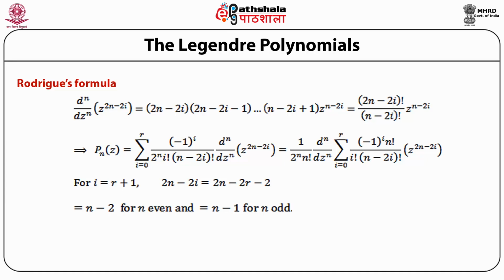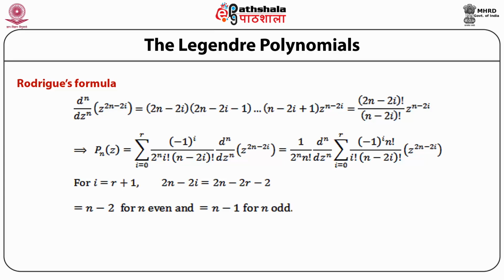On substituting this into the expression for Pn(z), we get Pn(z) equal to the summation over i going from 0 to r of (-1)^i divided by 2^n i! (n-2i)!, multiplied by the nth order derivative of z^(2n-2i) with respect to z. The equation can be simplified to obtain Pn(z) to be equal to 1 by 2^n